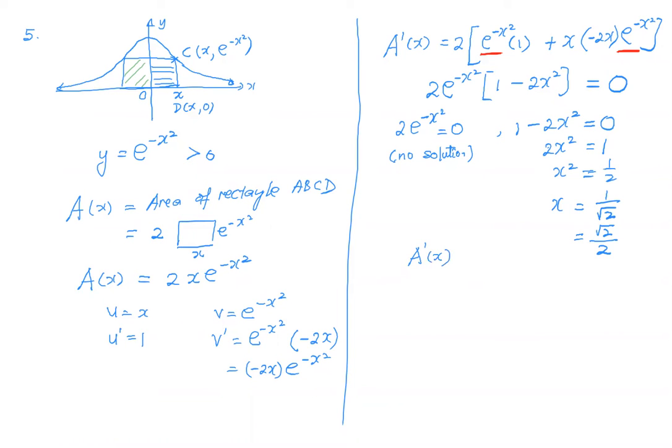So in this question, C is on the right-hand side, correct? So which means that the coordinate for C will start from 0 onward. Yeah. So this is your root 2 over 2. And the question says maximum. So here will be a plus and here will be a minus. Okay. So therefore, coordinate of C